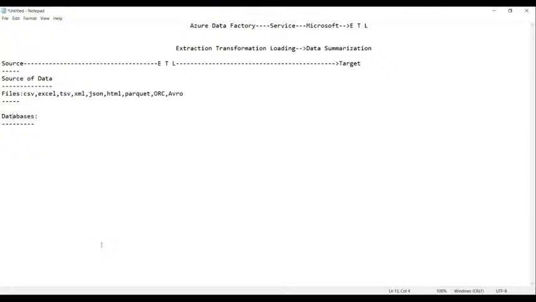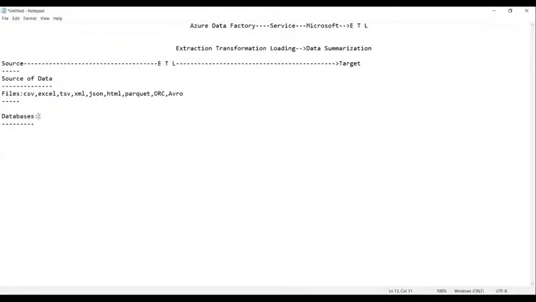Excel files and CSV files are very similar. But whenever you have a very massive amount of data, an Excel file or CSV file does not support it. Hence, we store the data in a database.